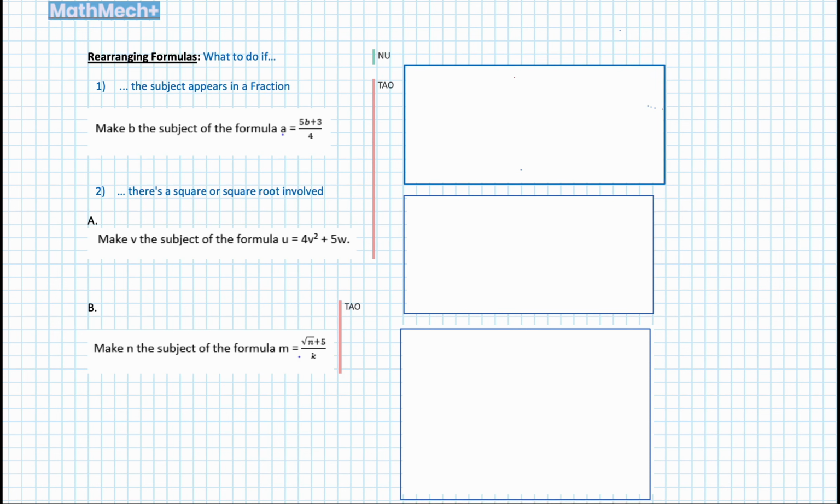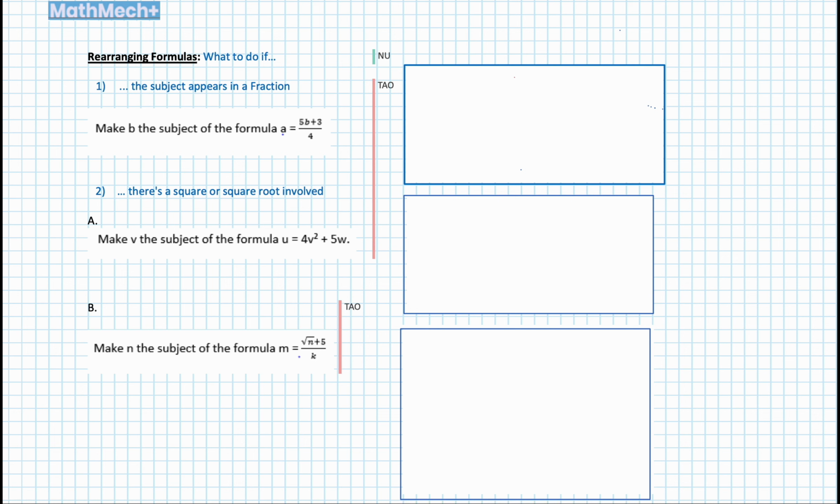In this lesson, we're going to look at rearranging formulae. So what to do in particular situations where we may have a fraction, a square root, or where the variable appears twice. Rearranging formulae is otherwise known as changing the subject of a formula. We want to place the unknown value